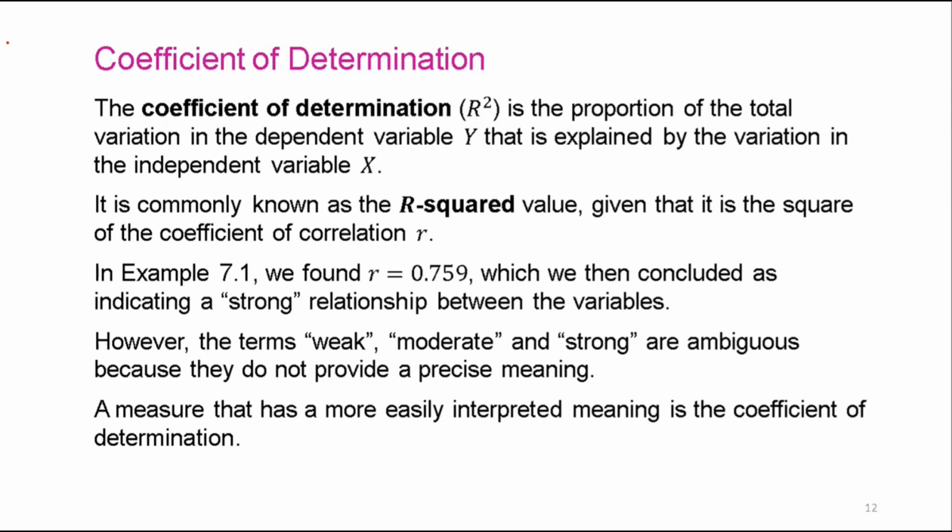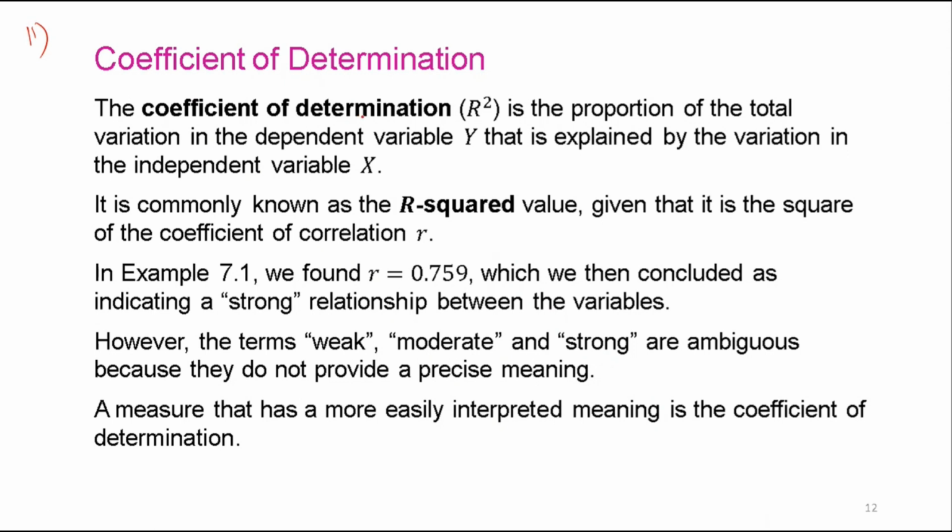Okay, so this is the second step. Second step, just square the value of R, the coefficient of determination. Basically, we need to find the coefficient of determination because the terms weak, moderate, and strong are ambiguous because they do not provide a precise meaning. So that's why we need to find the coefficient of determination, because we want to see the variation between x and